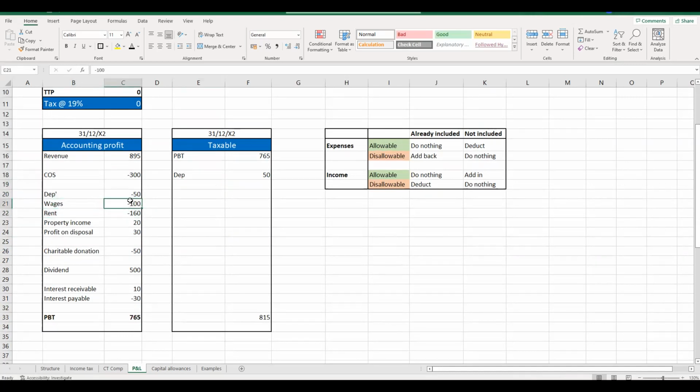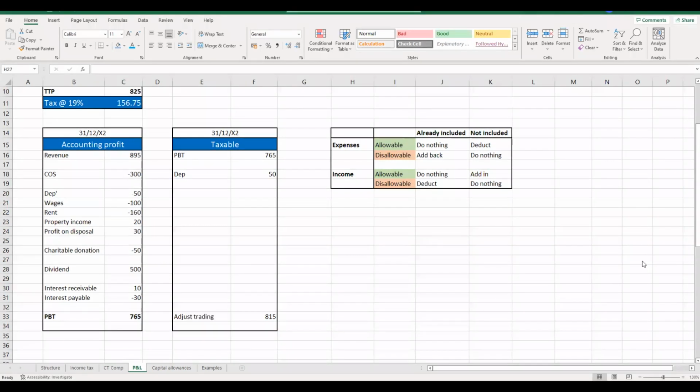So, of course, and this is probably the other subtle difference between individuals for income tax and corporation tax, with an individual, we could have seen that they paid themselves a salary and we deemed that profit appropriation, and we said, well, this is not going to be an allowable cost for tax purposes, we'll add it back. Now, a company is never going to pay itself a wage, or a salary. Instead, what a company will do is pay its shareholders a dividend.